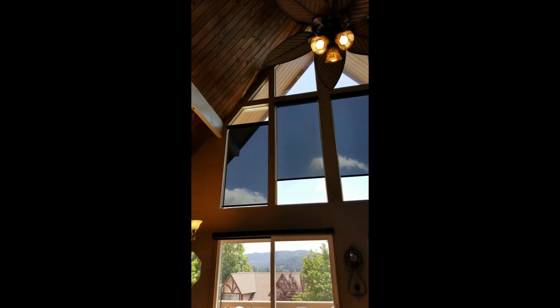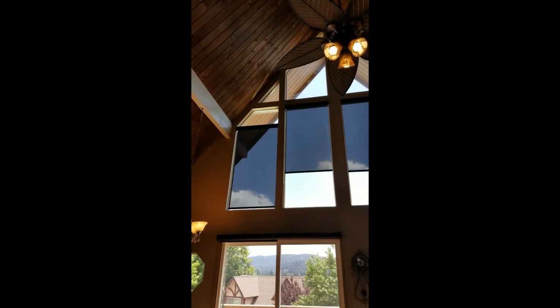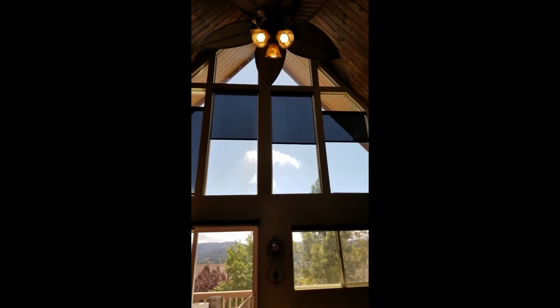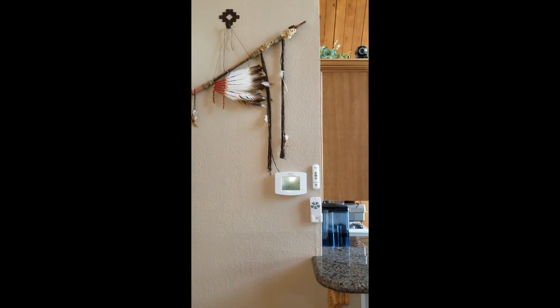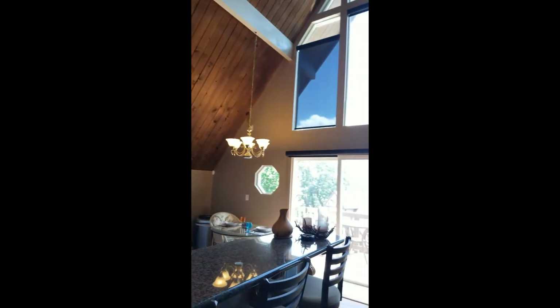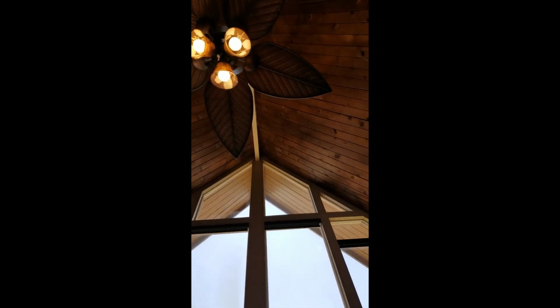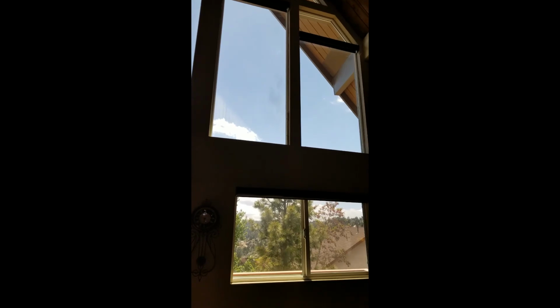Oh, the one on the left is not running. We'll have to look into that. But how easy is that? Sun control shades on a remote control set on the wall. How cool is that? Now, this home is an A-frame, so it has the two-story ceilings with the gorgeous bank